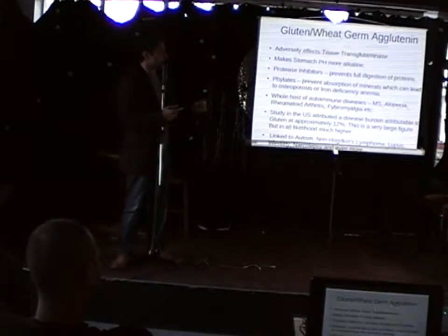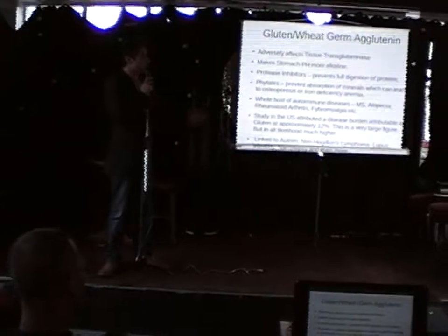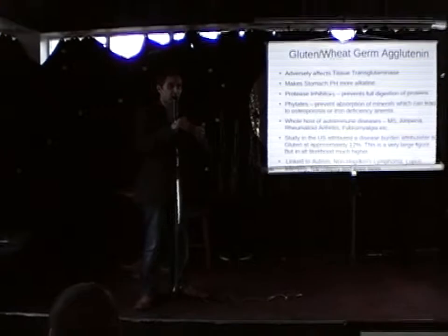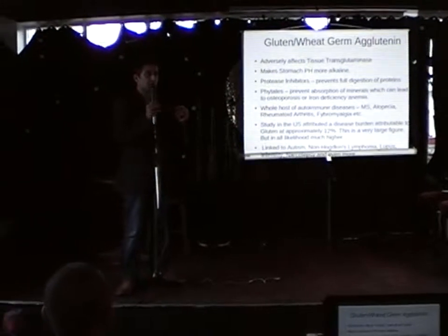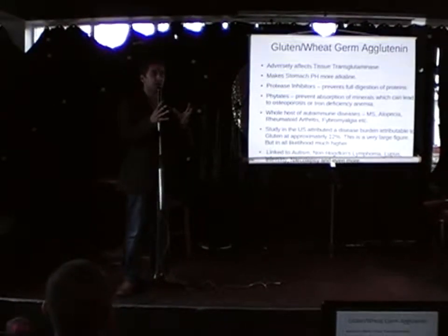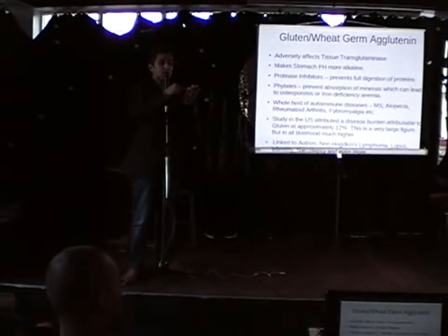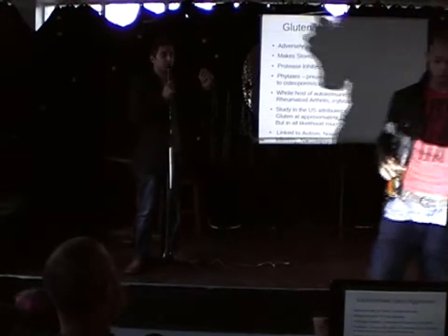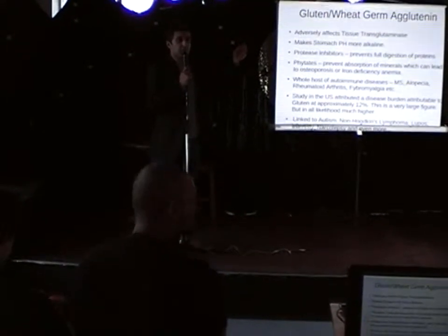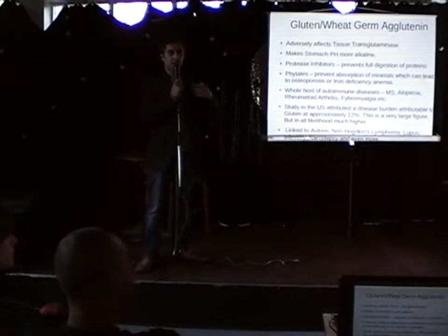agglutinin. When I did my biochemistry course, we used to radioactively label wheat germ agglutinin. I never thought about it at the time, and we used it to go into cells and work out the chemistry of cells. One of the places it lands up is the nucleus of your cell, where your DNA is, on the vitamin D receptor. So vitamin D comes along and basically tells your cell, switch these genes on, switch these genes off. Well, wheat germ agglutinin blocks that receptor, so your vitamin D levels actually plummet, which is not